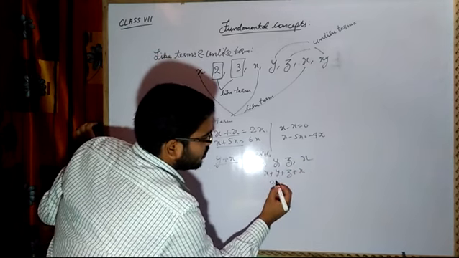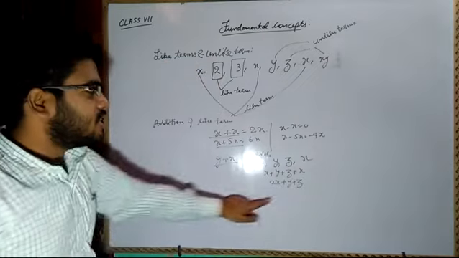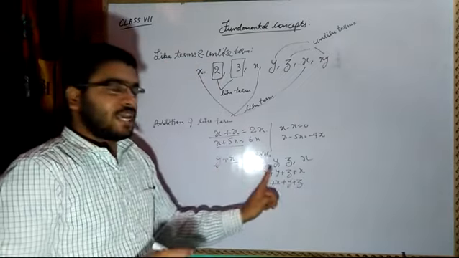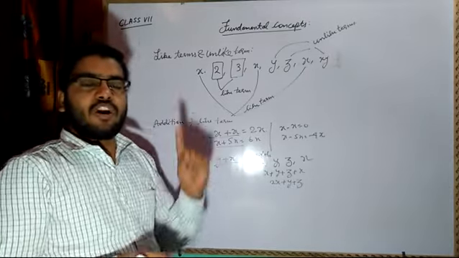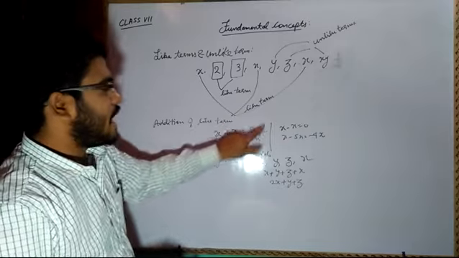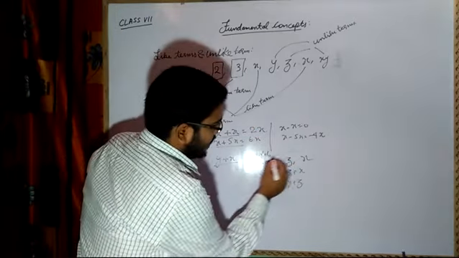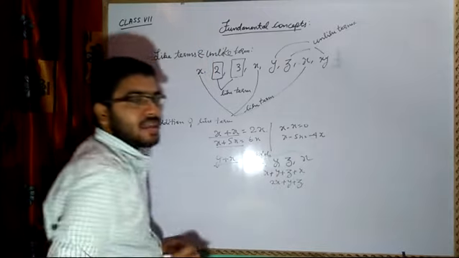X plus x is equal to 2x, and then y plus z will be y and z as it is, because we cannot make them single terms. We cannot compress them. We cannot make them one term here. Here they both are like terms, so I have added. Here these two terms were like, so I have added. These two terms will remain as it is.